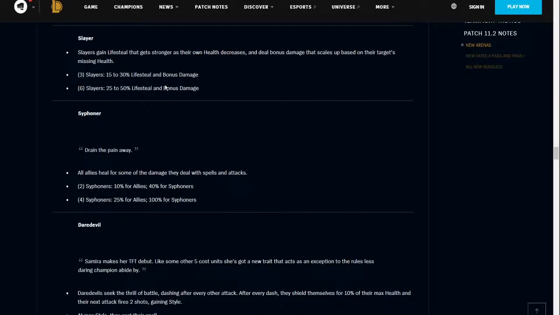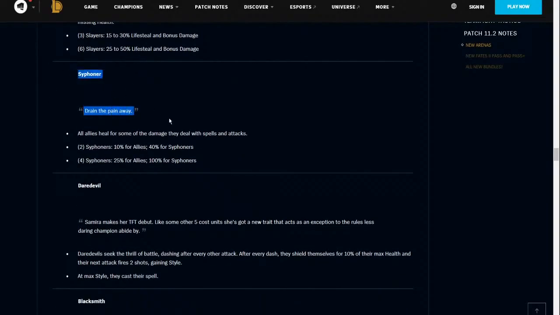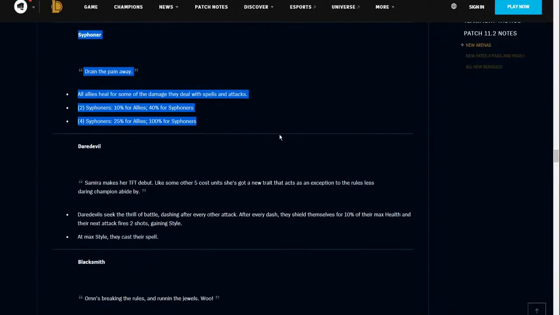Siphoner. So this one is a fun one. All allies heal for some of the damage that they deal for spells and attacks. So basically, this is similar to Celestial from Galaxies, with the exception that in Galaxies, the Celestial champions, and I'll use Celestial and Siphoner interchangeably here if you get confused,